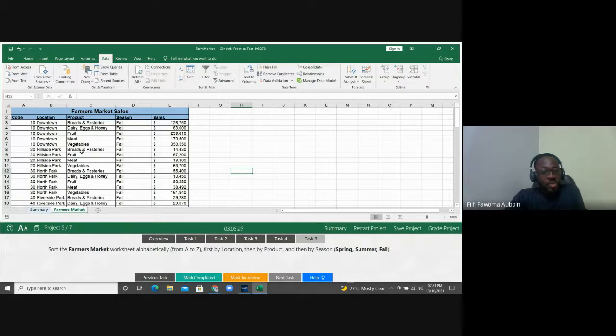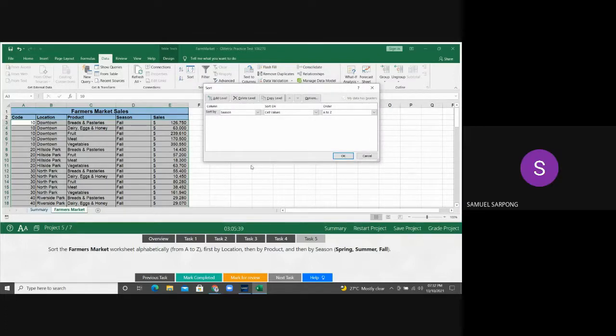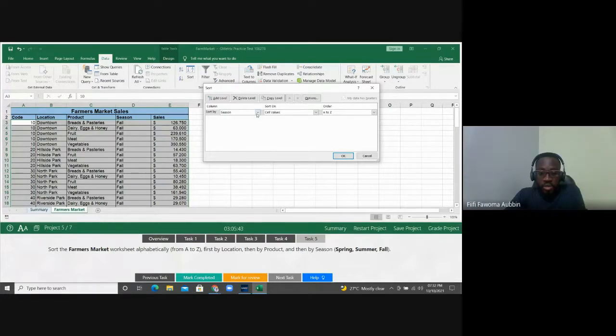But if you are sorting, you need to select a particular location within the table before you click. Okay. So what's next? First we sort by location. Okay, I've picked location A to Z, then by